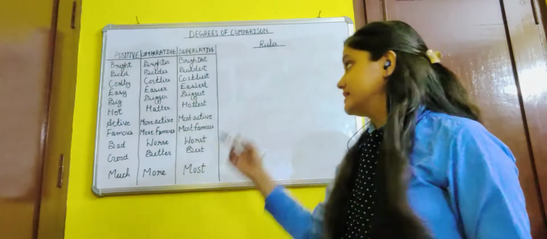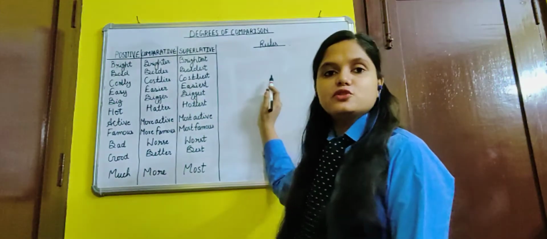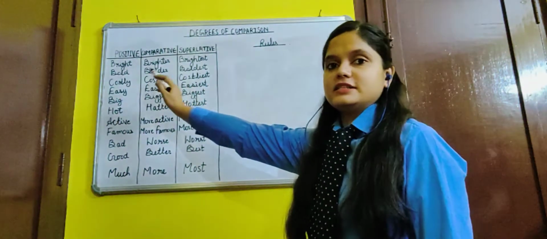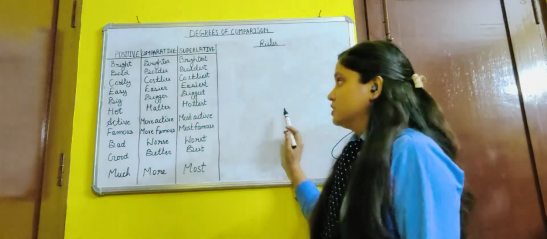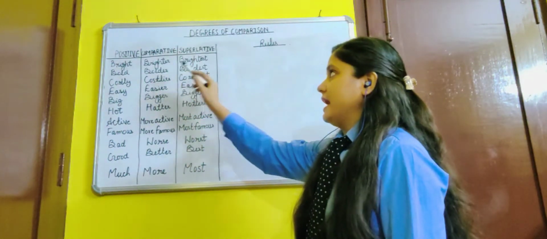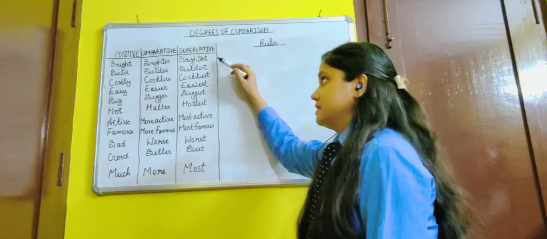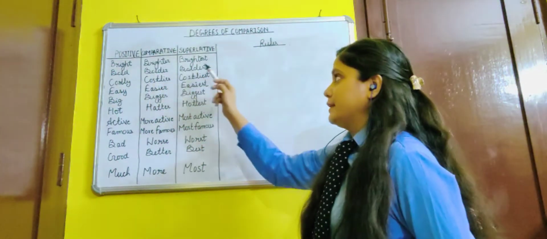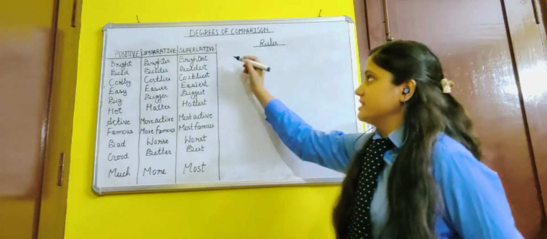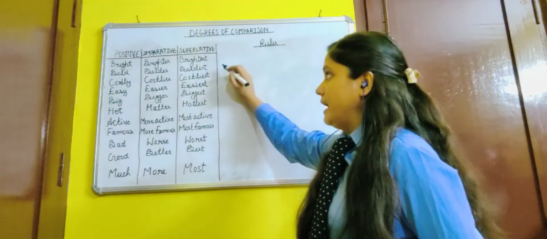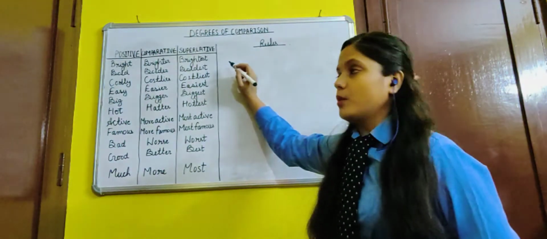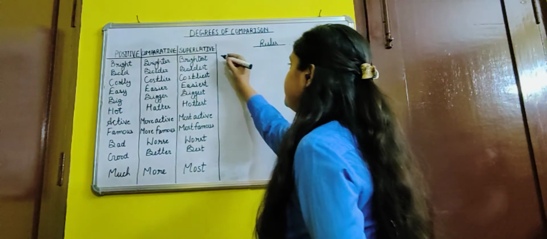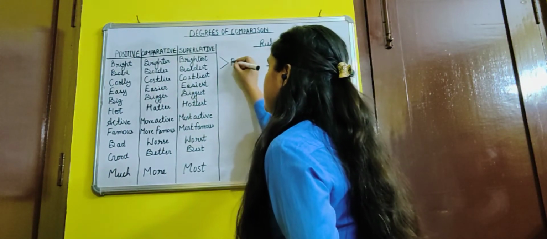Now we will discuss the rules of making comparative and superlative degrees from the positive degree. Now see the first word, bright. Its comparative degree will be brighter and its superlative degree will be brightest. Now read the next example: bold, bolder, and boldest. So this is the first rule: we can make the comparative and superlative degrees from the positive degree by adding